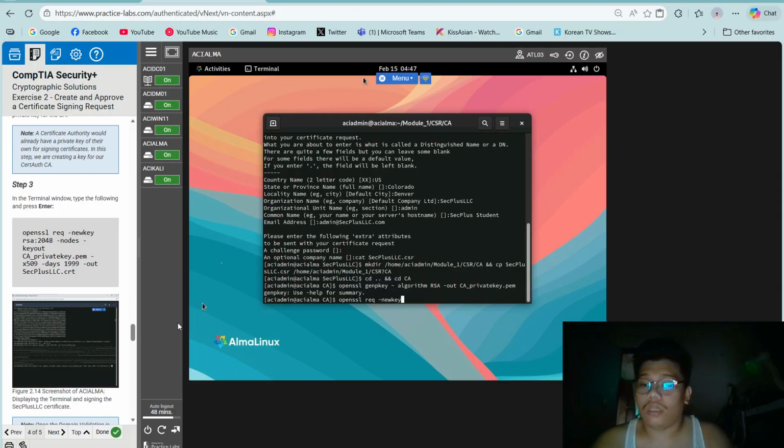New key RSA 2048 nodes key out CA underscore private key dot pem